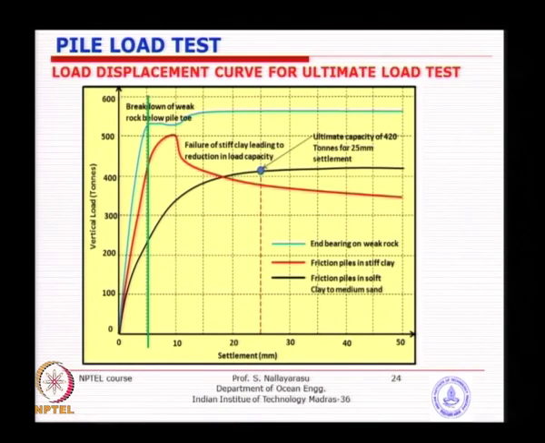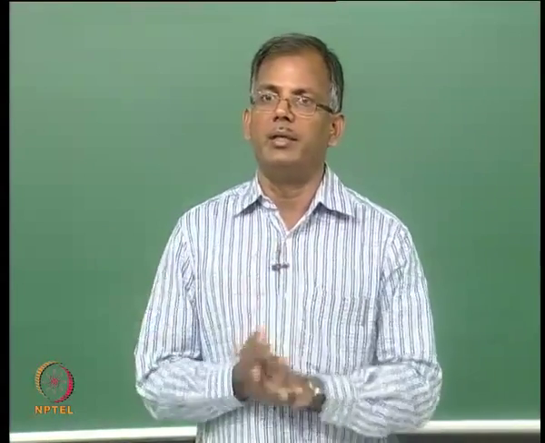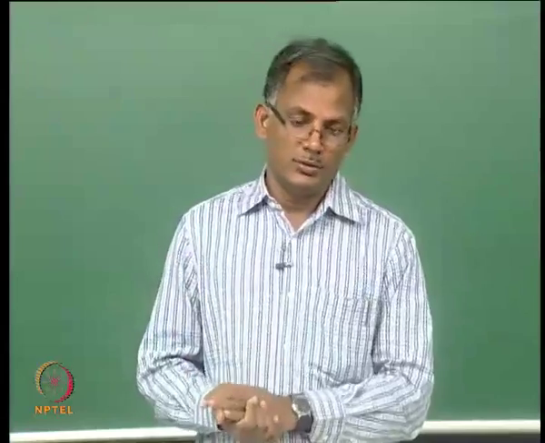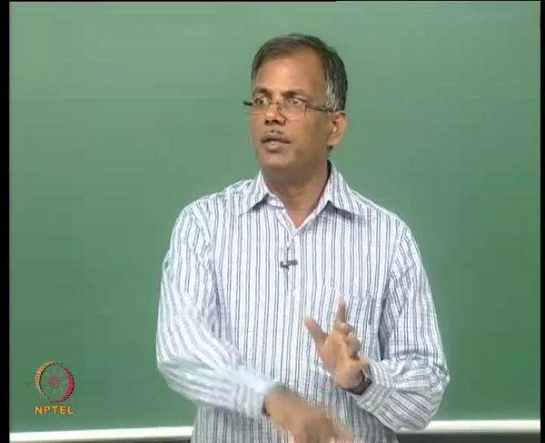For example, when you are designing a structure, you will always have a limiting deflection in both horizontal and vertical working load conditions. So then if you want to find the allowable capacity from this, suppose you fix 10 mm as the allowable displacement during service life of the structure, then you just go to 10 mm, and the pile has achieved say 350 tons. Now if you take the ultimate capacity and apply a factor of safety of 3 or 2, you will only get something like 120 tons. So that is what will be revealed here.